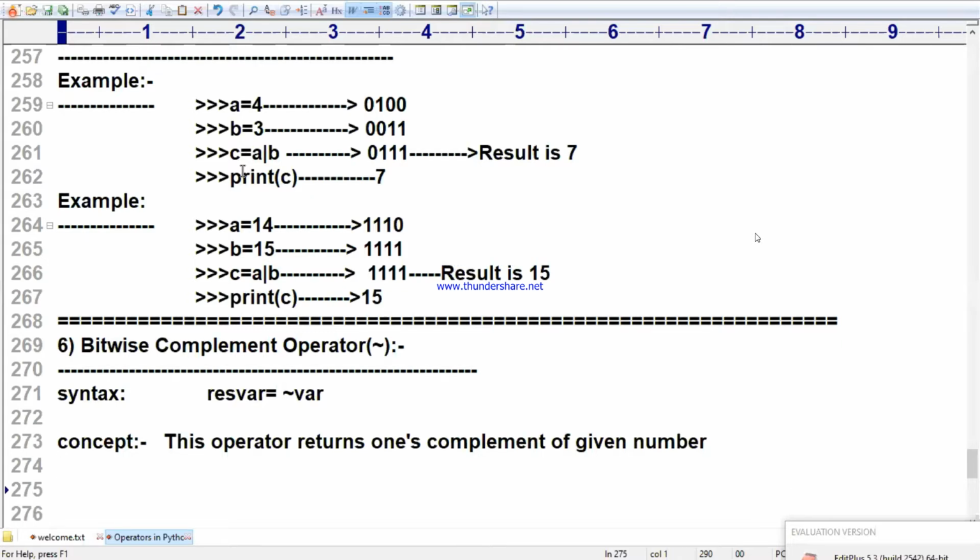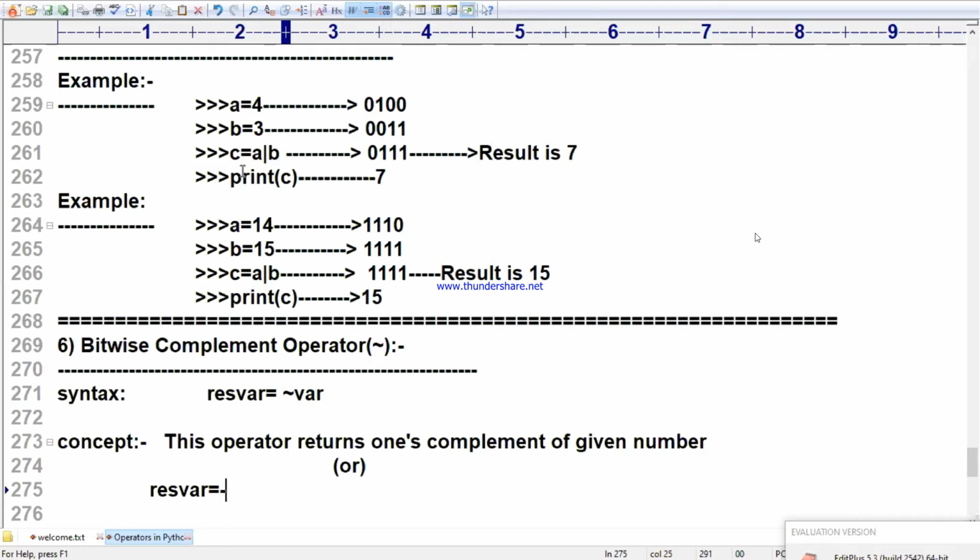I will tell you one simple technique for you, simple formula for you, you follow. This operator returns once complement of given number. Then what is that concept, sir? Or how to do it, sir? Or I am saying that here given resultant variable is equal to res variable is equal to, or I can say once complement of the number is equal to, we can apply resultant variable is equal to minus of variable value plus 1 I can say, this formula.